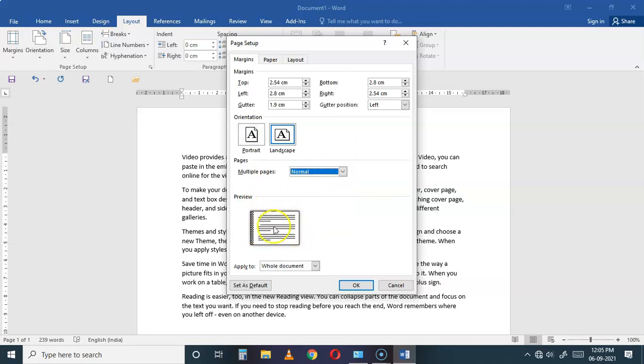We usually use normal, but when you're working in a printing press and all, you have to print the books and all, at that particular time you can make changes. Okay, now children,